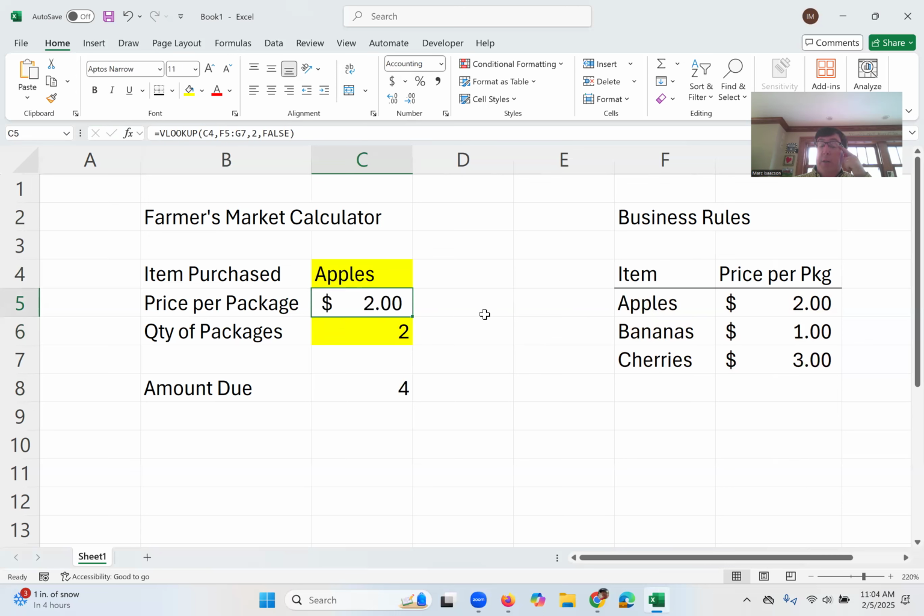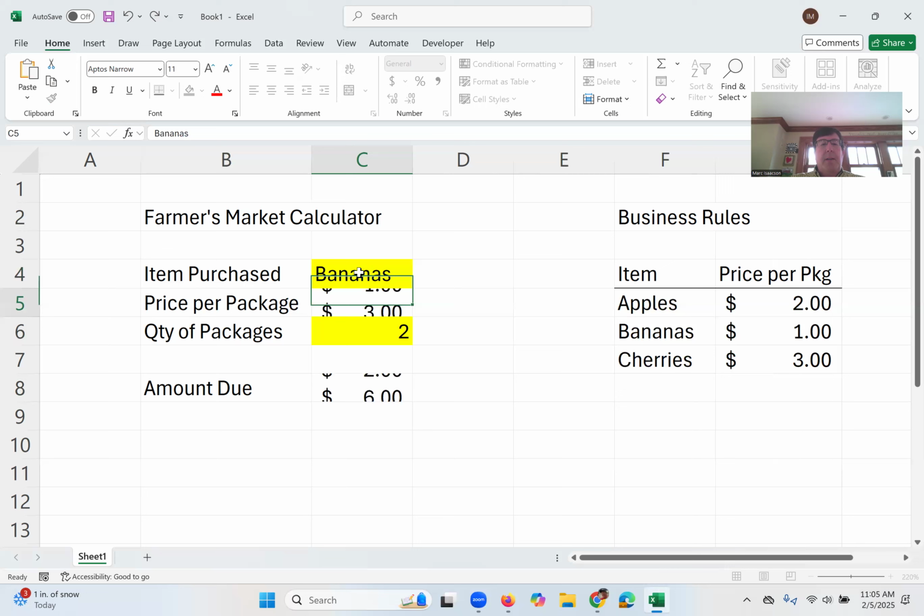I could format that as dollars so we can kind of differentiate which is the dollar amount and which is the quantity. But if I change C4, this function has now become versatile because if I type in cherries, cherries are $3 a pound. The amount due is 6. And again, I could format that. Again, the calculation is right, but I might want it to appear as a dollar sign with $6.00. If I type in bananas, Excel automatically finds bananas in the table and says, well, they're $1 a package, and we're buying 2 packages, so